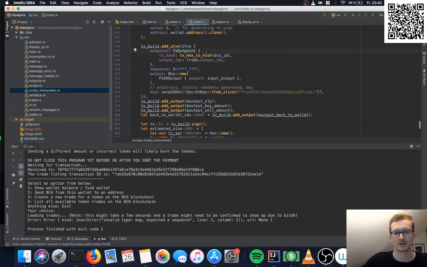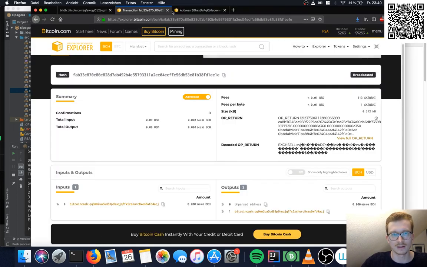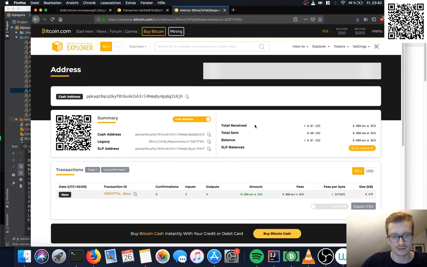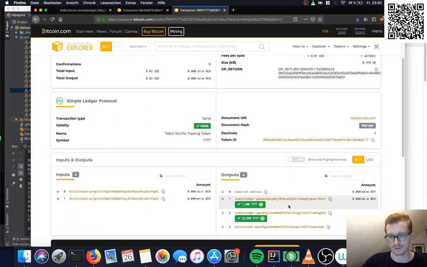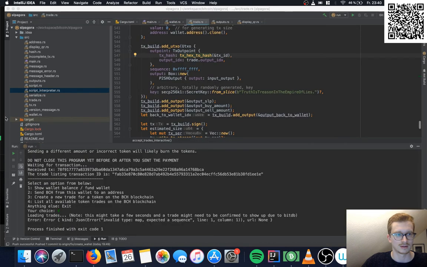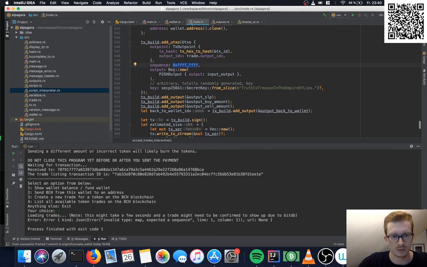The outpoint is basically just the transaction we had a look at earlier, this transaction right here, and specifically this output. So this is the outpoint of the smart contract transaction. Yeah, this is the outpoint of the smart contract. Sequence is always this number, and